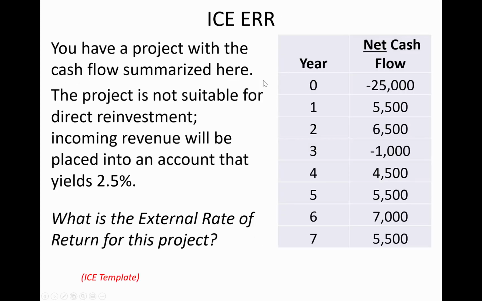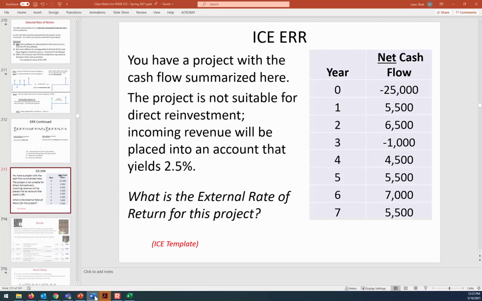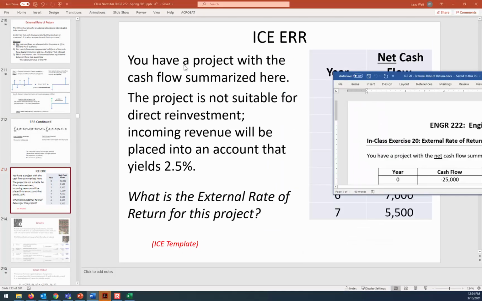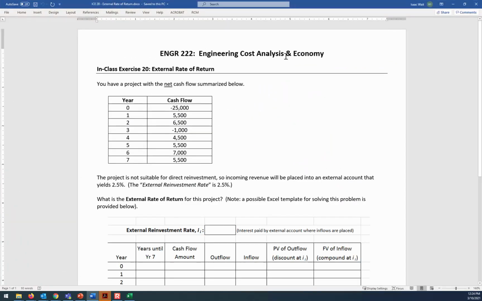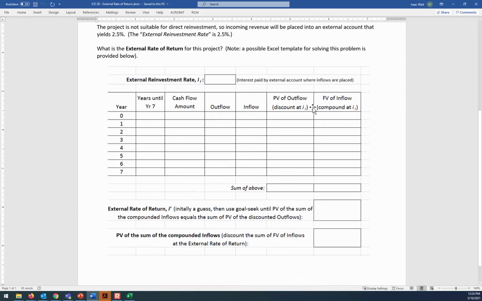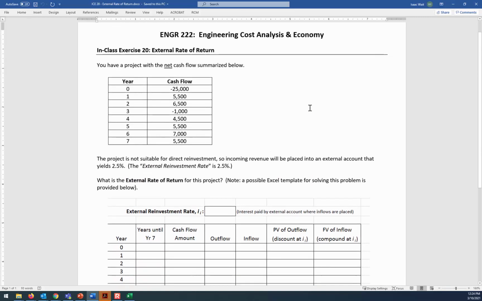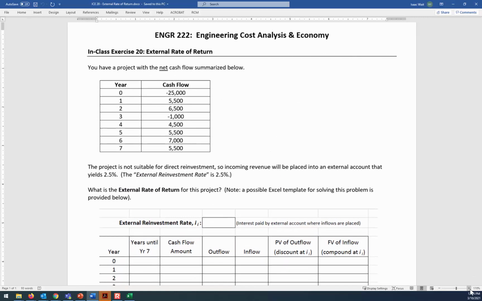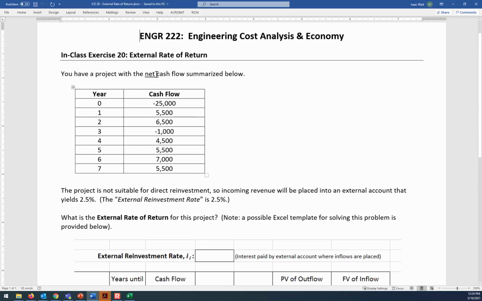All right. Now, let me show you the template file that I've just emailed you at about 11:30. Hopefully you got that email. The template file looks like this. I have provided a cash flow table, and the net cash flow is provided. I should change this example to make it more interesting. We'll be doing external rate of return. We'll get some additional reinforcement through the homework, so you'll get more interesting examples, but I want to change this one up.